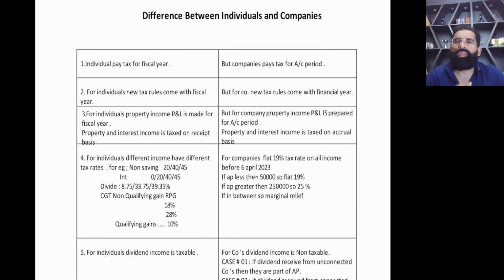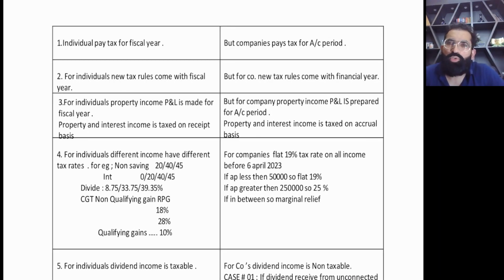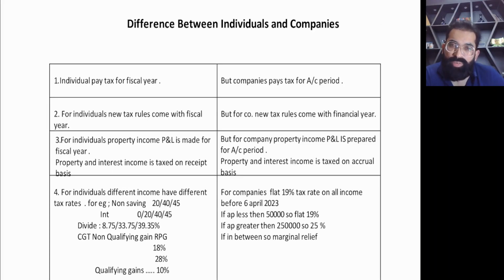Now, one more famous topic. I always encourage students to make notes for this as well. This area is basically differences between companies and individuals, because many students just mix up these topics, and even the examiner intentionally gives some individuals topics in a companies question and some companies topics in an individuals question, so that you make a mistake and mix up the rules. But you need to be careful, right?